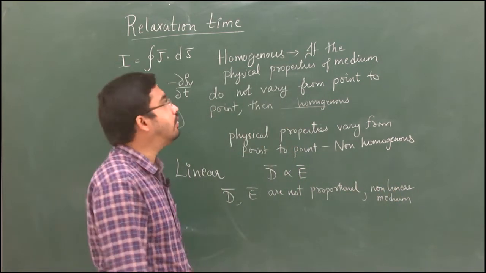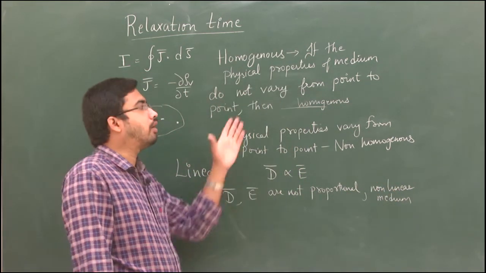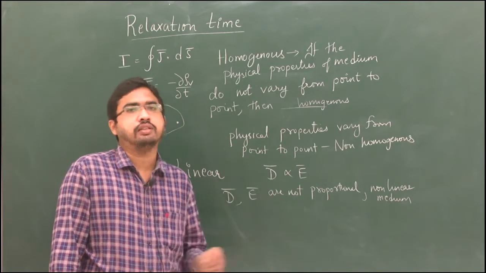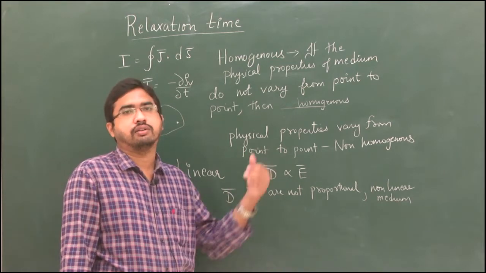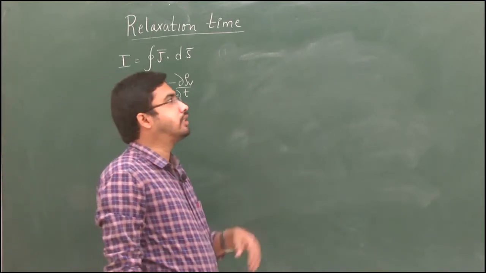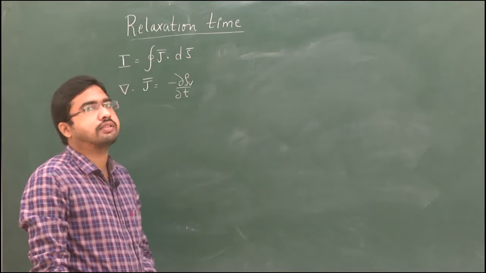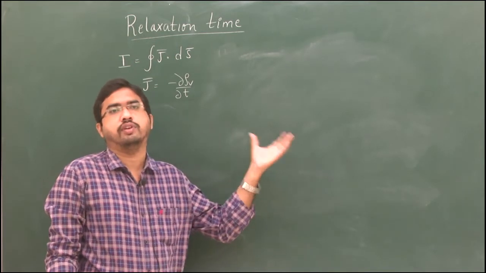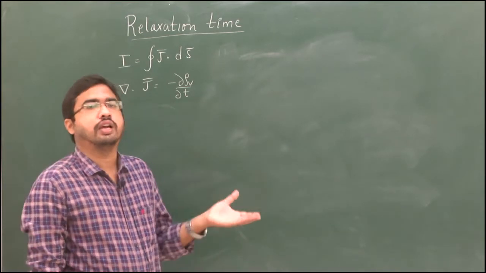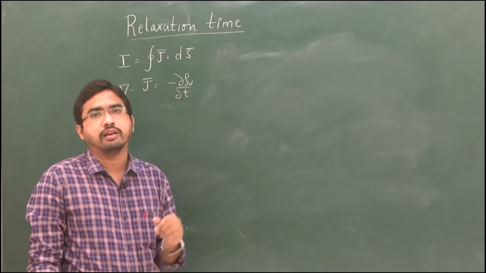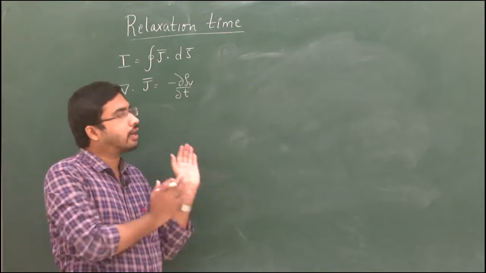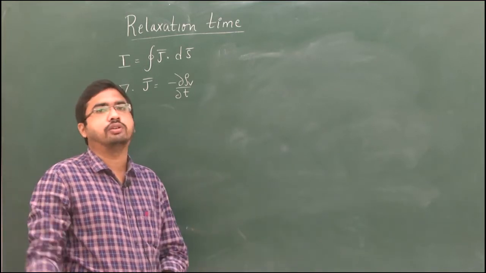So we have seen what is meant by a homogeneous medium, non-homogeneous medium, linear medium, and non-linear medium. That medium may be anything. It may be a conductor or dielectric or anything. Now, if you come to relaxation time in a conductor, we are seeing the properties of conductors. Still we did not enter into dielectrics. In the previous sessions, we have derived the relations between I and J bar in a conductor and the continuity equation in a conductor. Still we are progressing in the conductors topic only. After this, we will proceed to dielectrics.